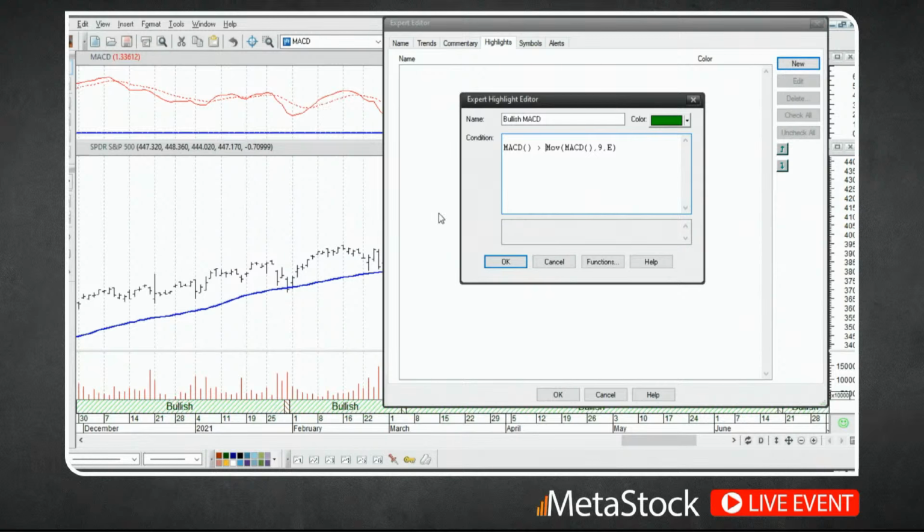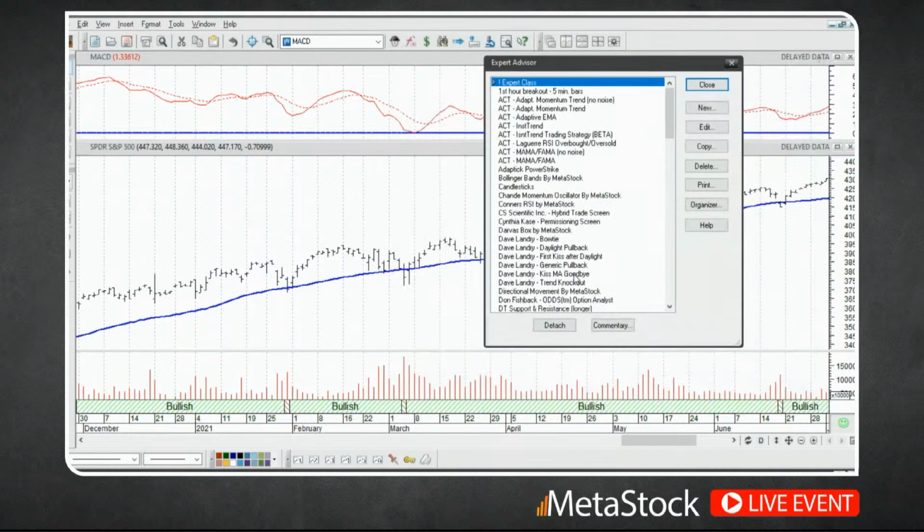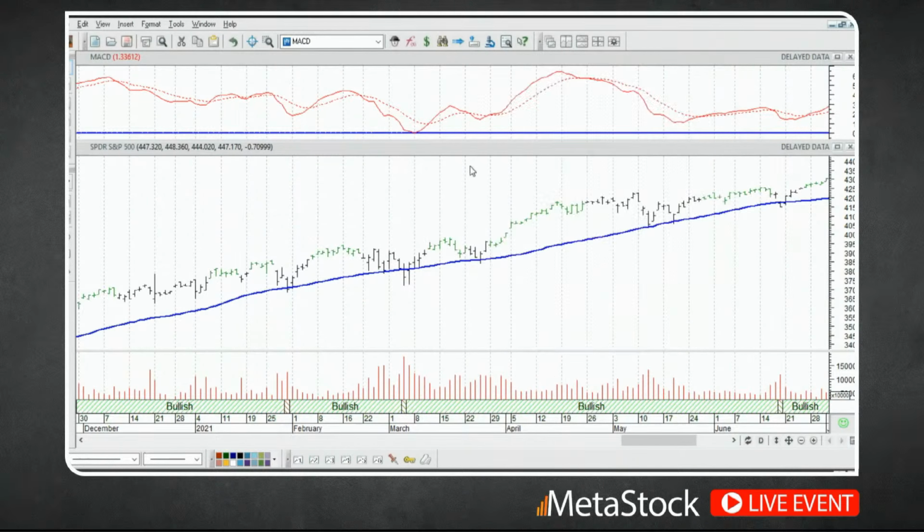So to check it, I'll go ahead and click on OK, and we'll click on OK, and we'll apply it to our chart and we'll see what that looks like. As you can see here on our chart, I don't know how well you can see this, but this will be a little bit more visible when we do the red bars, but if you look closely here, I'll kind of zoom in here.